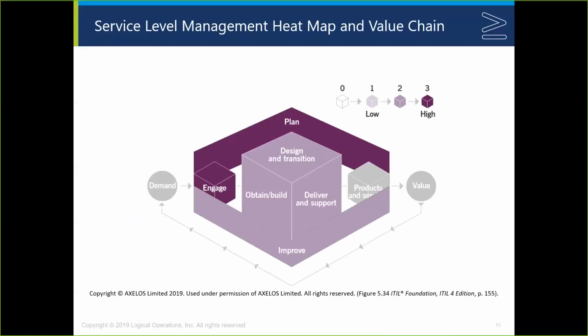Then go through the heat map. And again, here, lots of focus on things like engagement activities, because of course the big idea here is maintaining that communication relationship, as well as establishing and planning for how and how much service we're going to deliver. Certainly relationships with the rest of the parts of the value chain, not quite at the same level of detail.